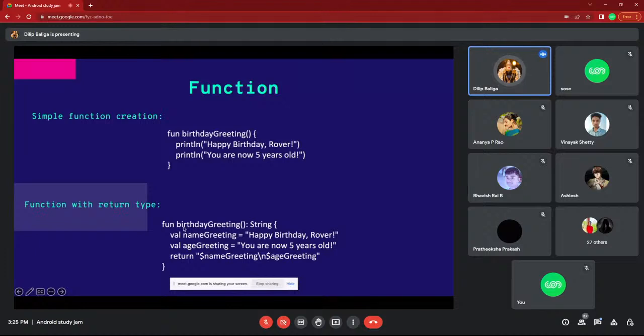Here, this function is creating two variables, val nameGreeting equal to happy birthday, and val ageGreeting equal to this one, and returning the concatenation of two strings. Return means it will give the result to you. That is a simple example. The return statement will return from that function and give the result of a concatenation of the strings. That is the difference between a simple function and a return function.